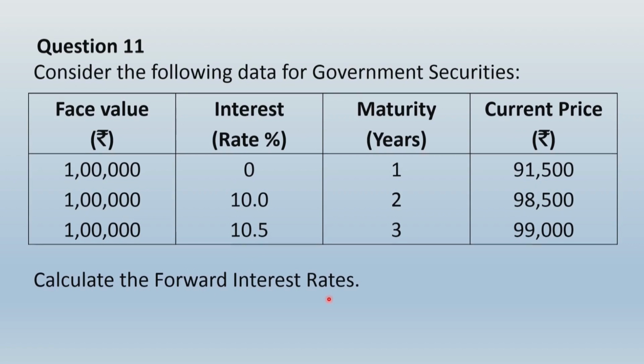So friends, how are you going to do this? Once you have learned the concept of the yield curve, making the forward rate calculation is no big deal for you. Let us begin with the first part, where you will have to take the first year maturity bond, that is the first bond. That means in the sequence you will have to start with this, followed by the second year maturity, because by then you would have got the first year rate. Through that you will find the second year rate, and through both of these you will find the third year rate. So you have to begin with the bond which has a remaining maturity of only 1 year. Let us see how to present the solution.